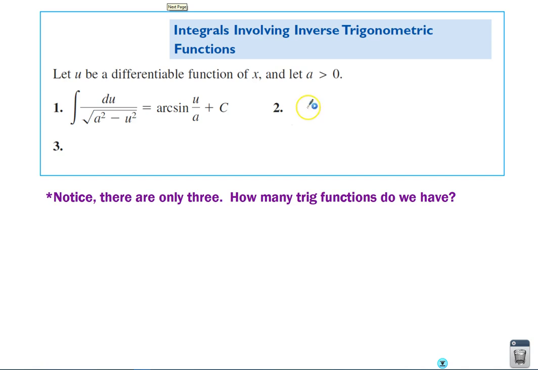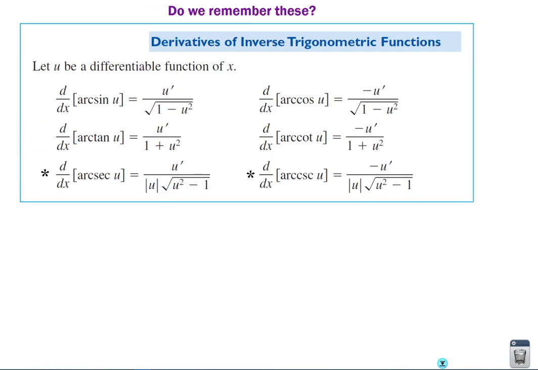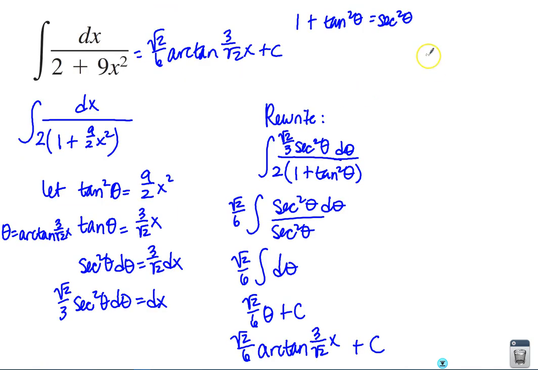So then we also have du over a squared plus u squared is equal to 1 over a arctan u over a plus c. Okay, well, we just did an arctan problem. So again, write this one down, memorize it. Okay. And then let's go back to this one. We know that antiderivative of du over, what was it here? a squared plus u squared is equal to